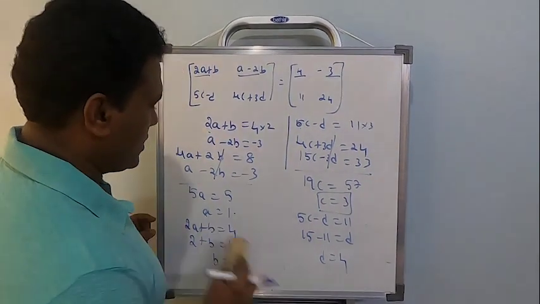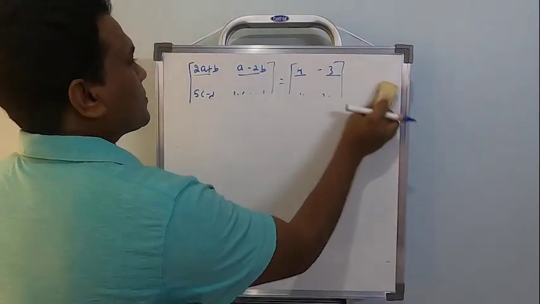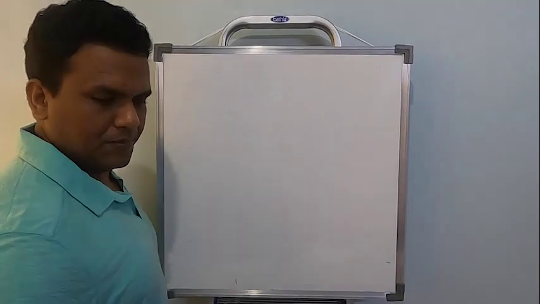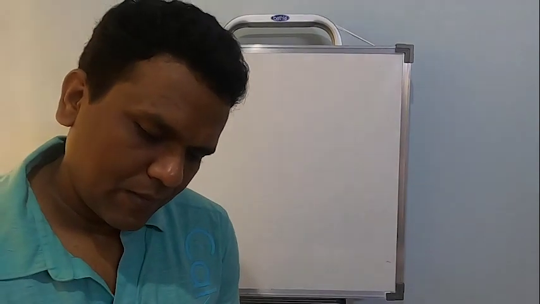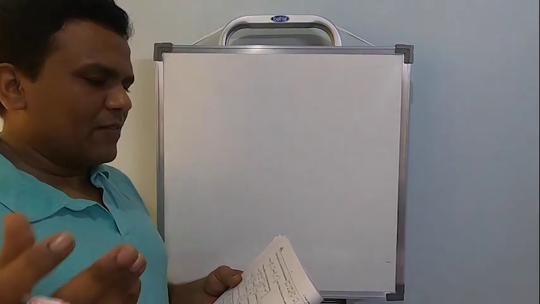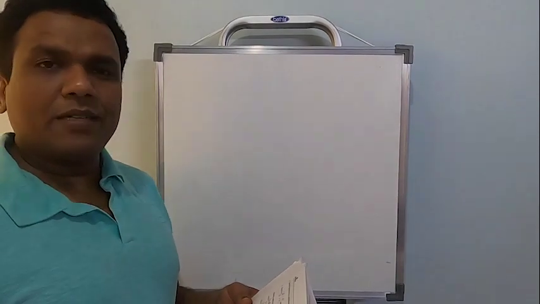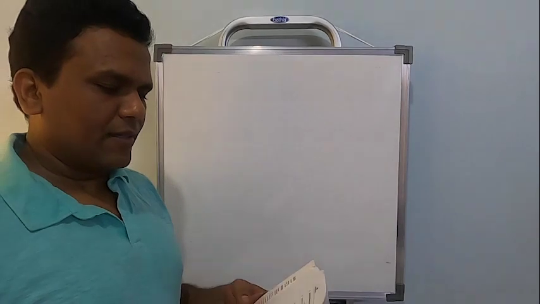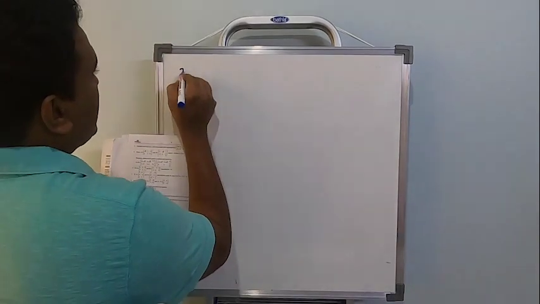Okay students, now let's move to the next one. Sixth is already done there in the EPL itself. Given A and B, you have to find out A plus B. That means add two matrices. It's already done there, so let us not worry. Let's go to the seventh problem.